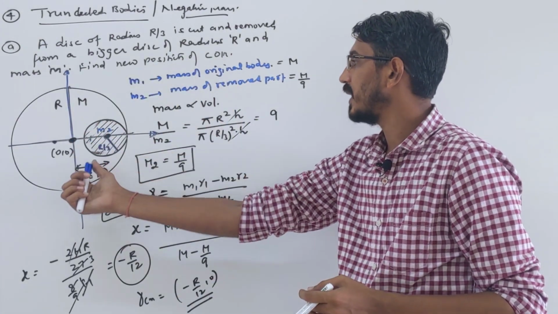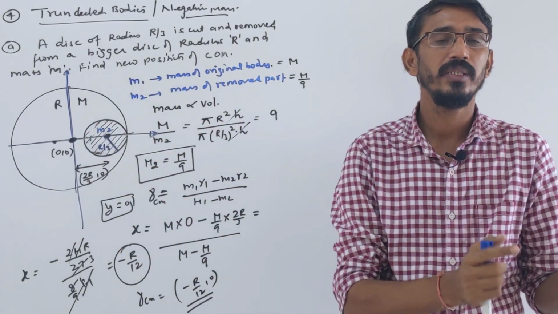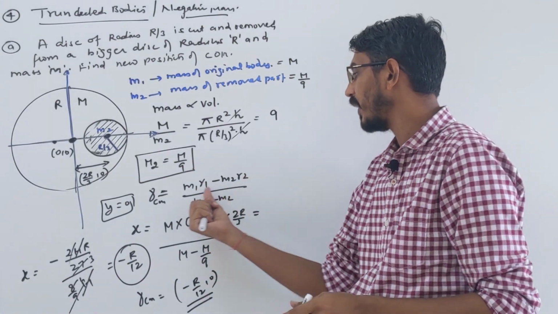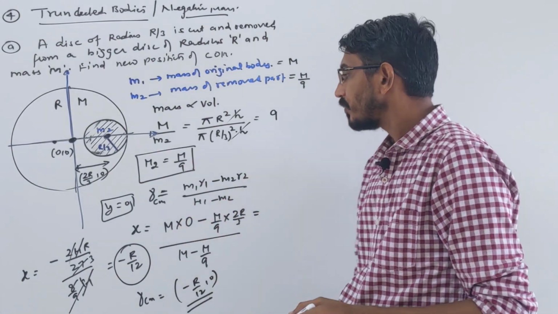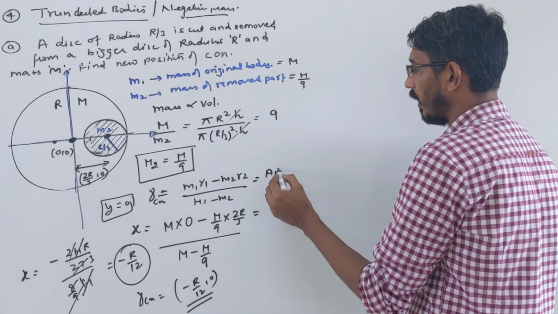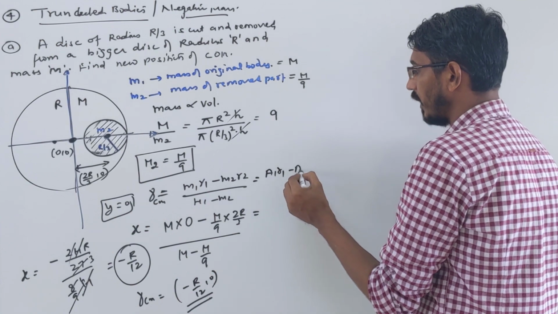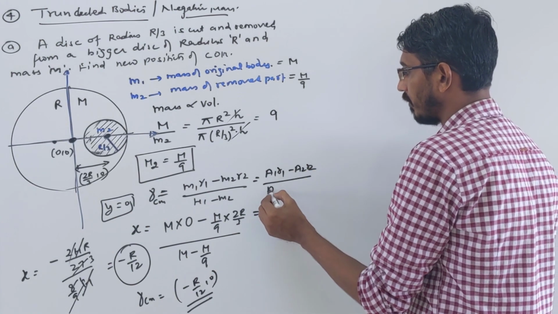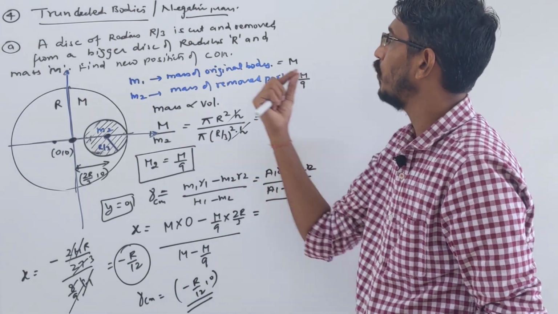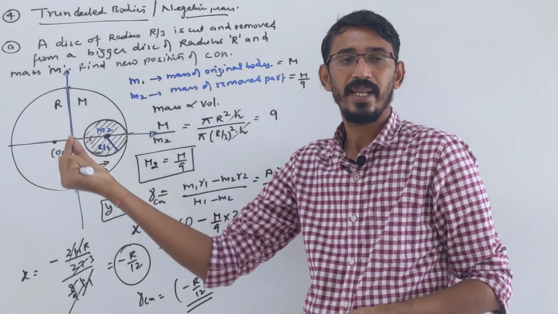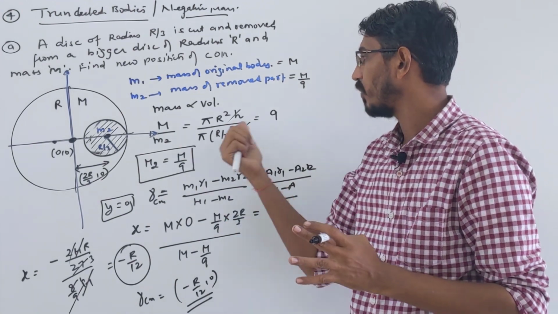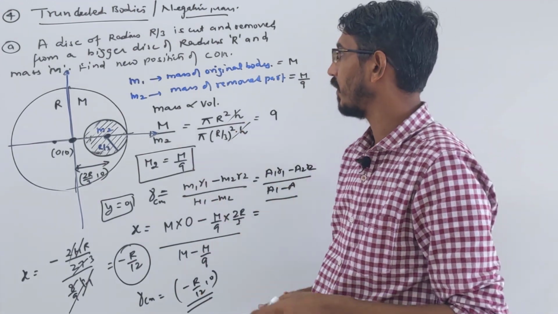Some part of the body is cut and removed. The cut and removed part we call negative, right? So in the formula everywhere we have to write negative. Somewhere you may see this formula written with area also, a1 r1 minus a2 r2, because mass and area are proportional. But you write this only for a 2-dimensional body like a disc. If I say a sphere problem, then you cannot write area, you have to talk about volume. That example I will discuss.